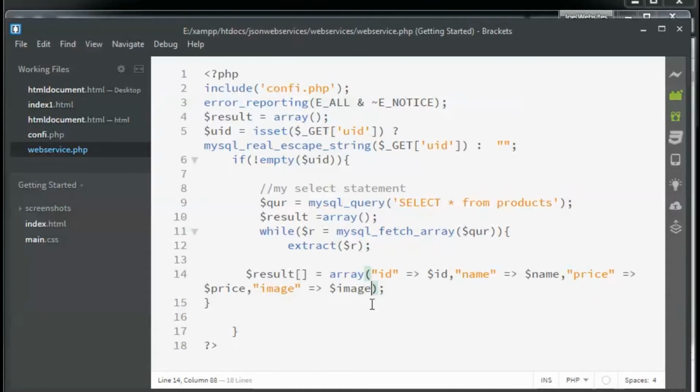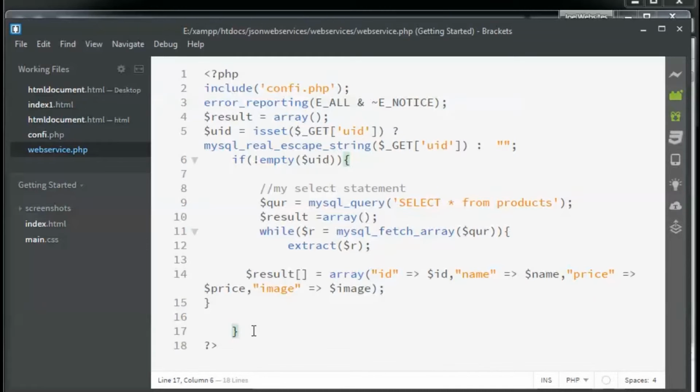Just make sure that you're not putting the comma over here. Okay, you also need to make sure that the array you're passing the values from the results into is inside the while loop, or whatever for loop it depends on your SQL query. But you have to ensure that it is inside the loop so that multiple values are automatically inserted in the array.